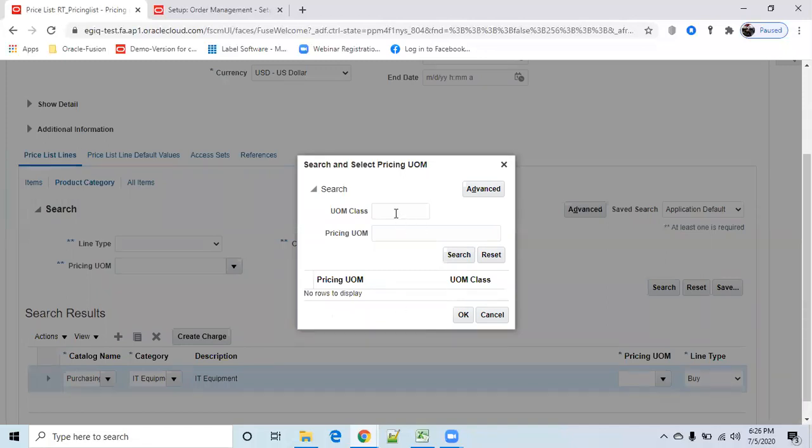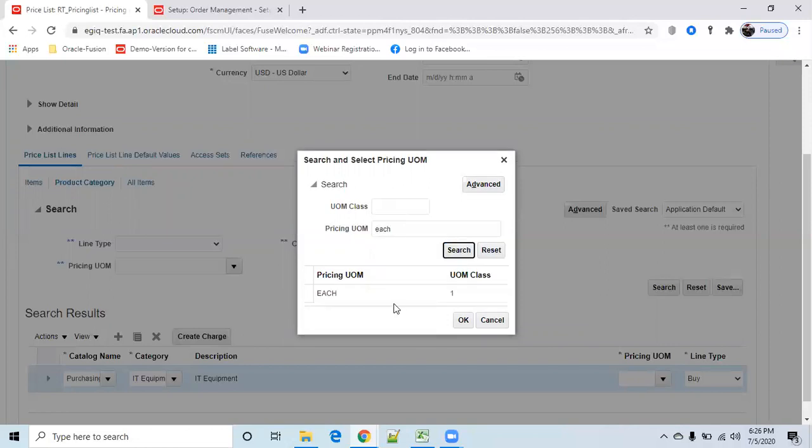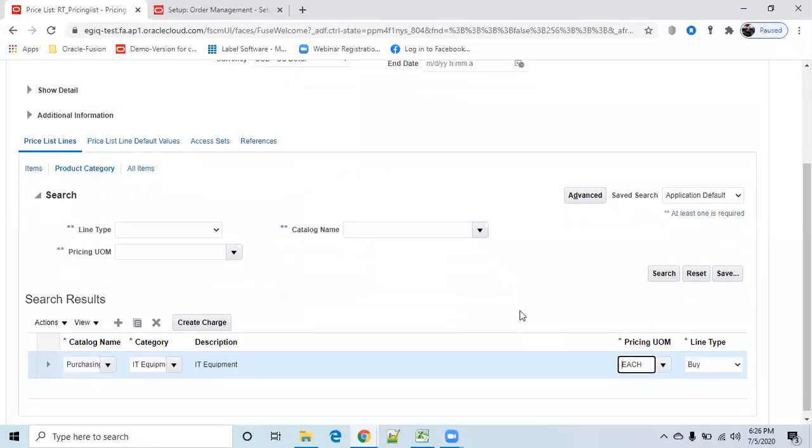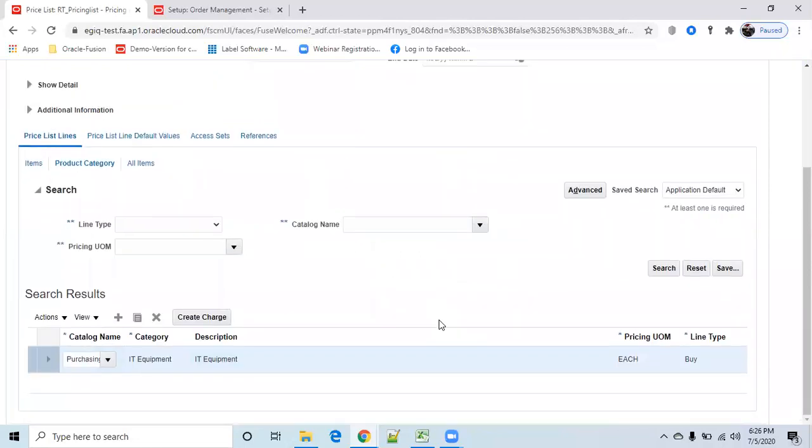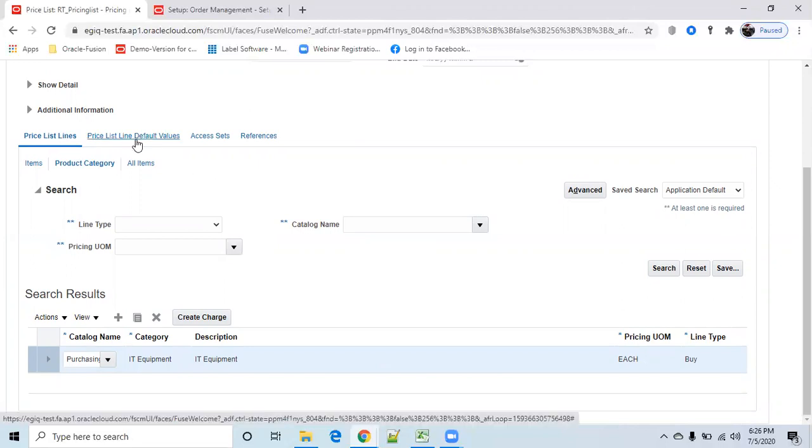After you do that, click on save. Okay, so this is the price list here, and the price list line default values.